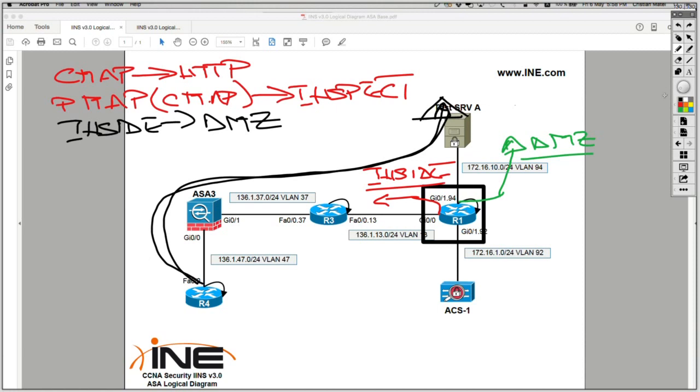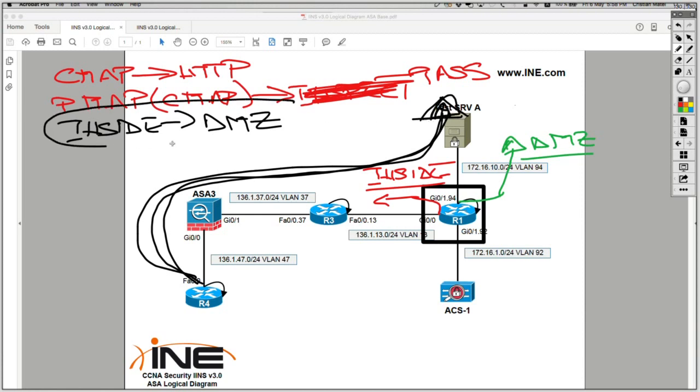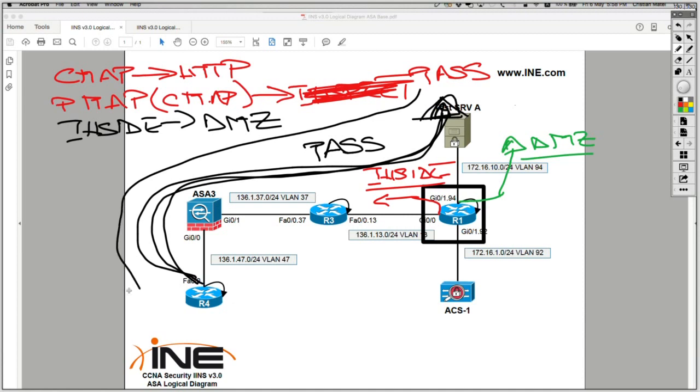But if I change the inspect action to a pass action, which means stateless, just allow the packet to flow through, pass, it means that likewise, if traffic flows inside to DMZ, it matches my direction of the firewall policy inside to DMZ. I'm going to pass the traffic. I don't create any entries in the firewall state table, which means as server A is going to reply, the return session is going to be dropped, because the firewall doesn't see any entries in the state table for that traffic,